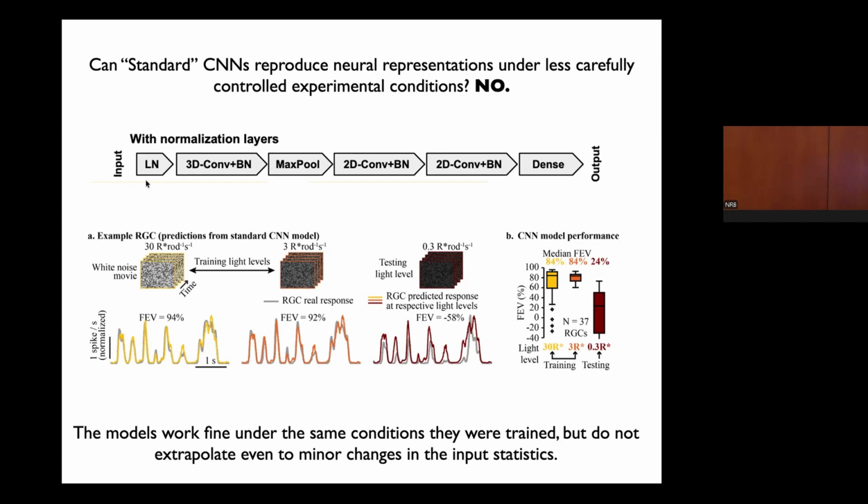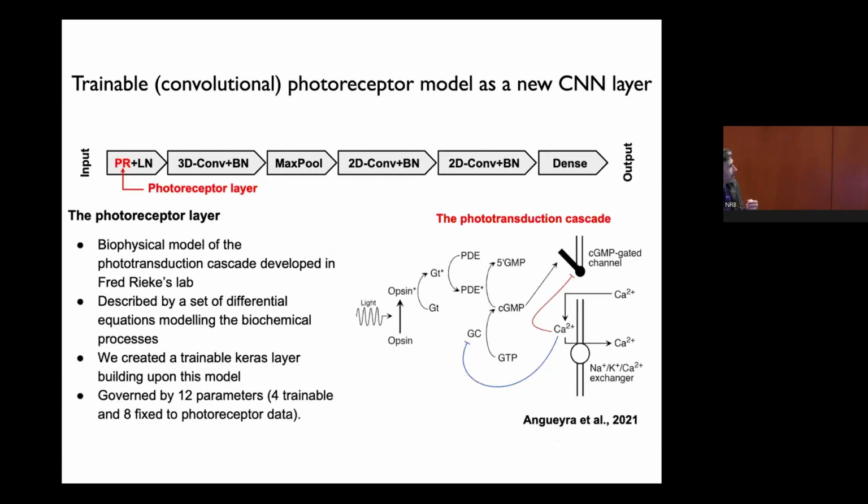But the model outputs 37 different predictions at once, one for each ganglion cell. And for each of those cells, we can ask how good the predictions are. That's the numbers in this scatter plot. And so it is done at the population level. Okay. And then the solution that Alex's question points us towards is, well, maybe if